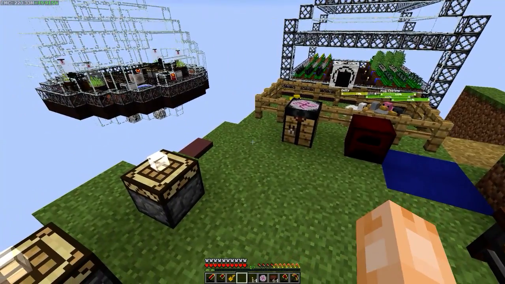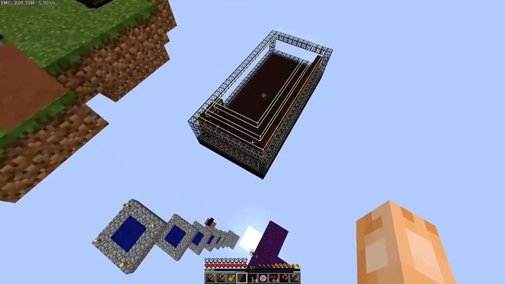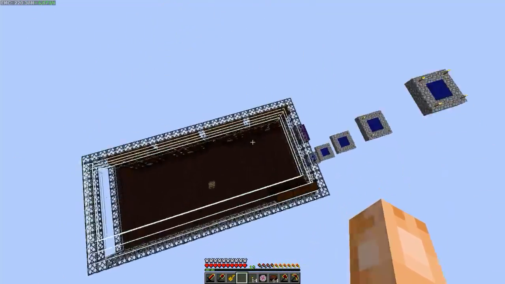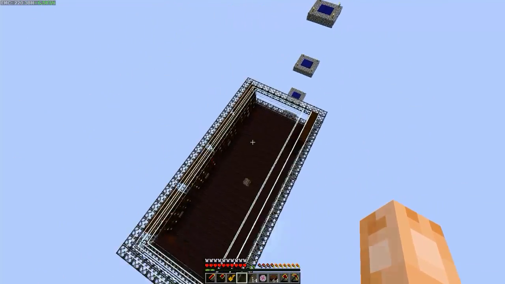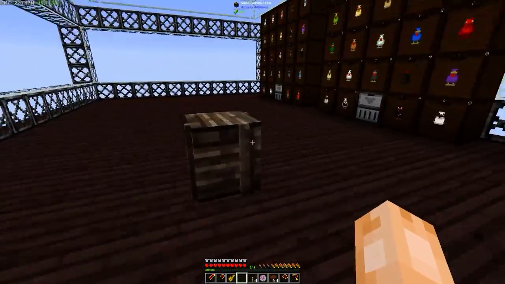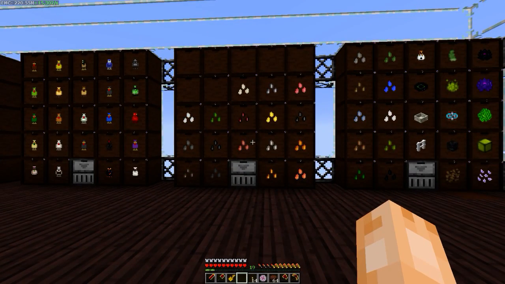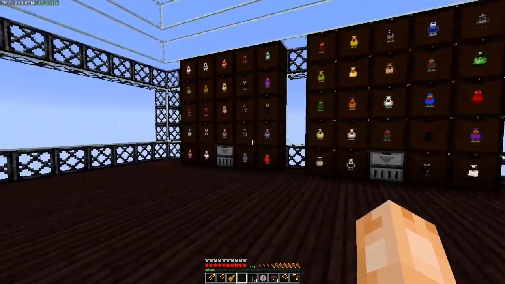So, the last time we built this library, item storage containment unit thing, and I slowly migrated everything over to it, so we're going to take a look at it real quick. All the storage drawers are currently holding things that do not have EMC values and thus cannot be stored in